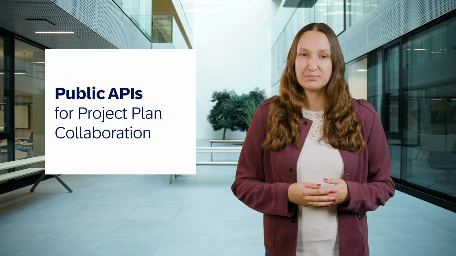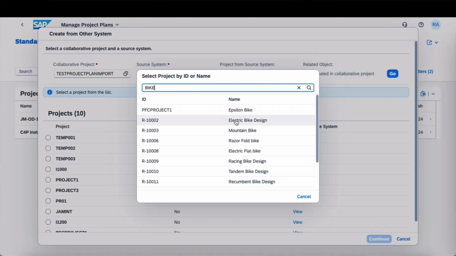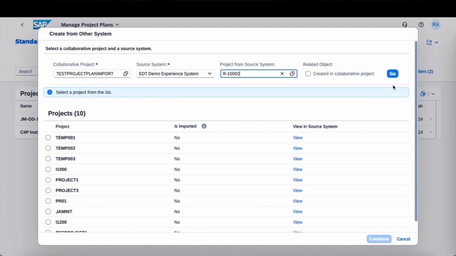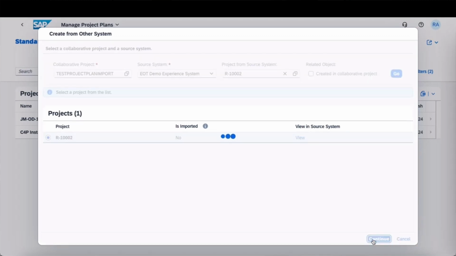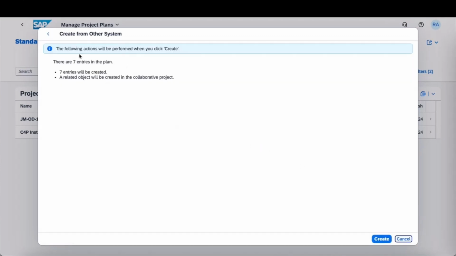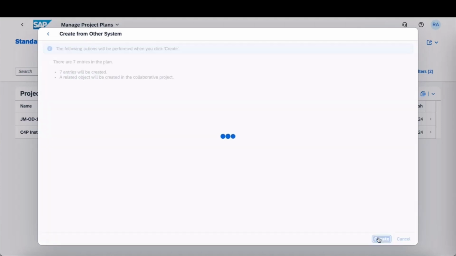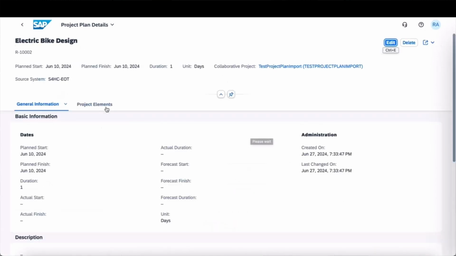Last but not least, I want to draw your attention to a highlight as part of SAP Project and Resource Management: public APIs for project plan collaboration. With the new APIs, project managers have the possibility to close the gap between the financial view and the execution view of the project by importing project plans from external systems, like SAP S/4HANA Cloud Public Edition, into SAP Project and Resource Management. The financial structure which is created can then be analyzed together with the execution plans in SAP